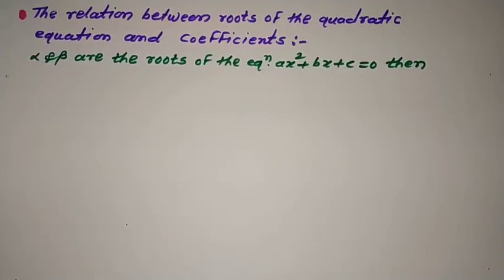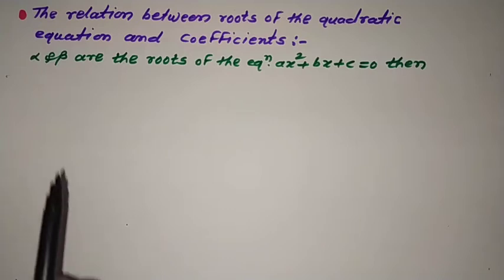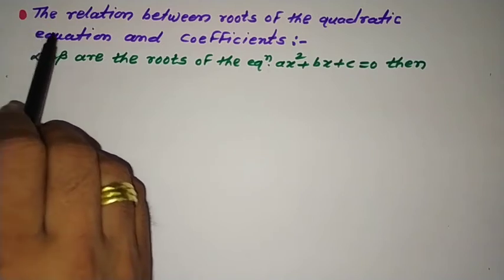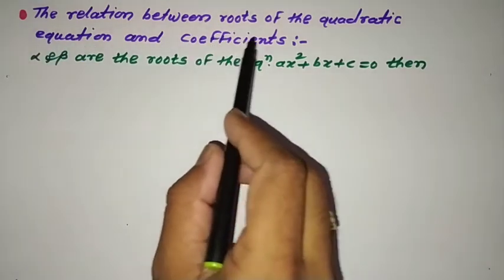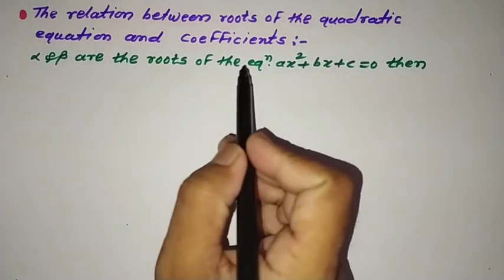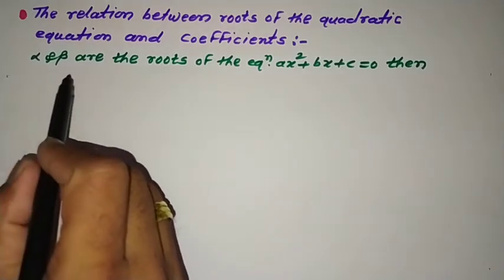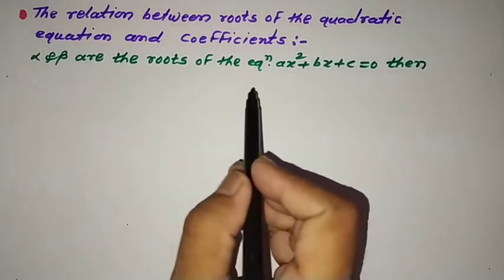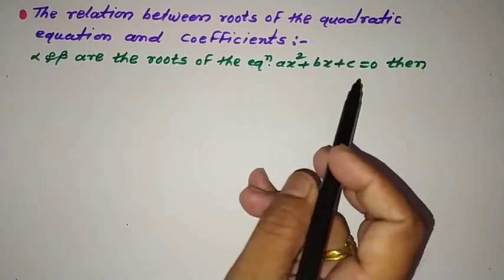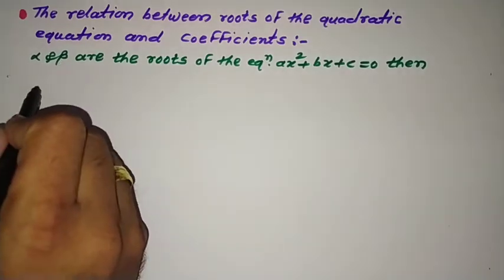Hi friends, today we are going to learn about unit number 2, quadratic equation. This is part 6 of the chapter: the relation between roots of the quadratic equation and coefficients. Alpha and beta are the roots of the equation ax square plus bx plus c is equal to 0. Then the sum of alpha and beta,